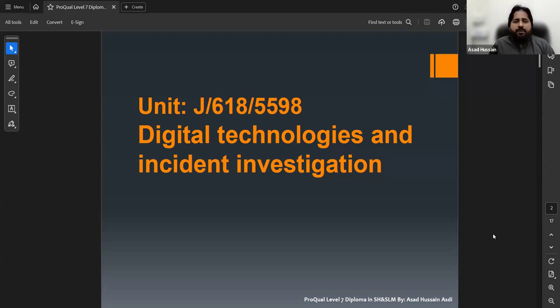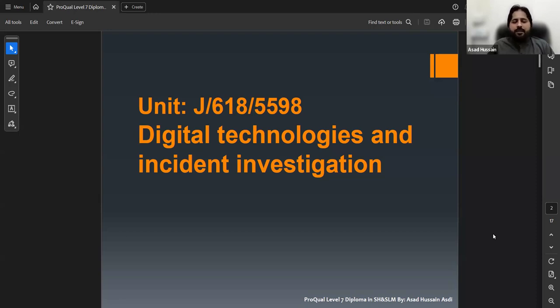In the name, we don't have risk assessment, but we will cover that topic also. And the focus will be that how the knowledge of digital technologies and risk assessment can help to identify and control different risks and hazards, and also how these digital technologies and risk assessment can help to investigate any incident